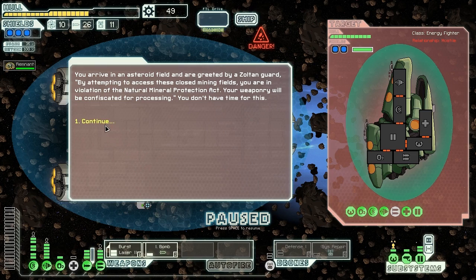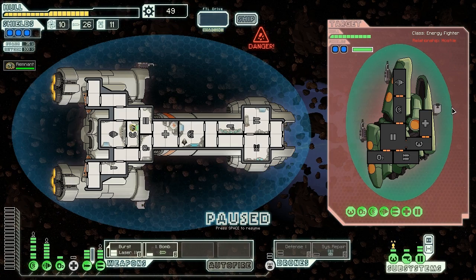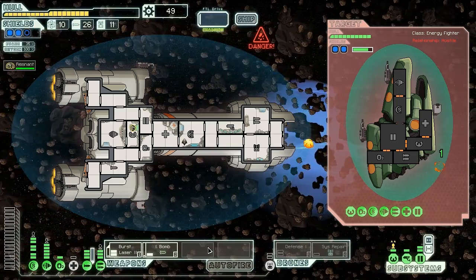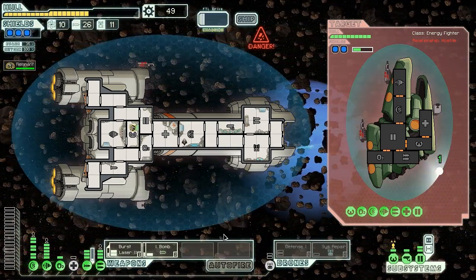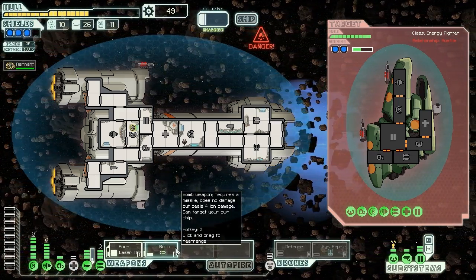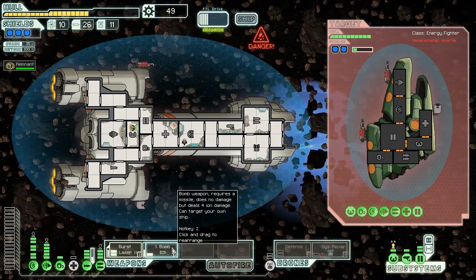We don't have time for this, but there's nothing we can do about it. 2 burst lasers and a bomb, as well as Zoltan shields. That is a nasty combination. Hopefully the asteroids pummel them and we can get those shields down before we can fire our ion bomb. Otherwise the ion bomb will be more or less wasted against the Zoltan shields. But it looks like they're...